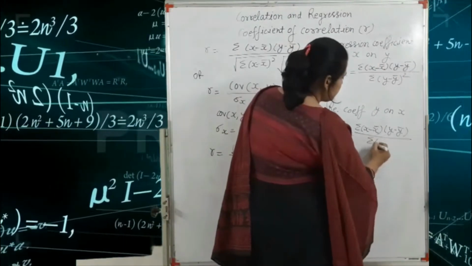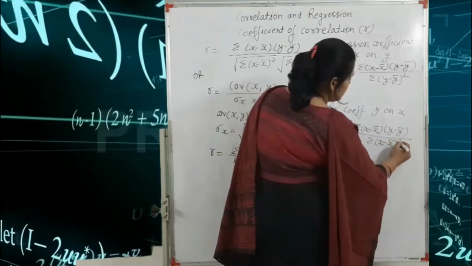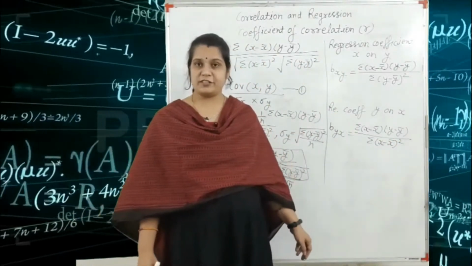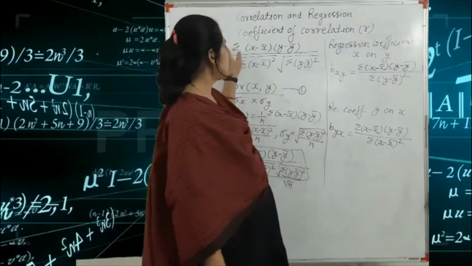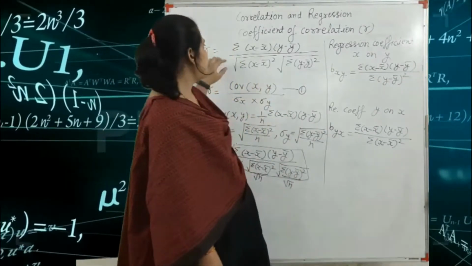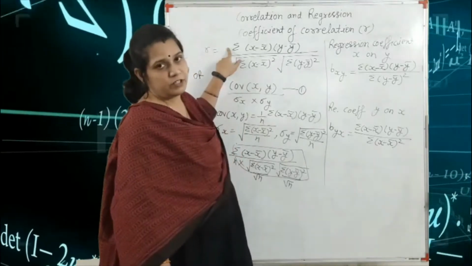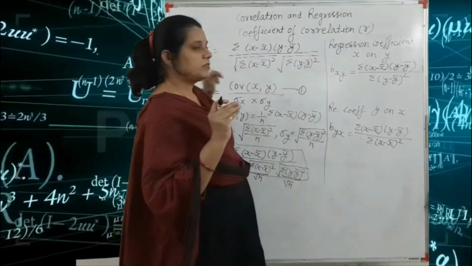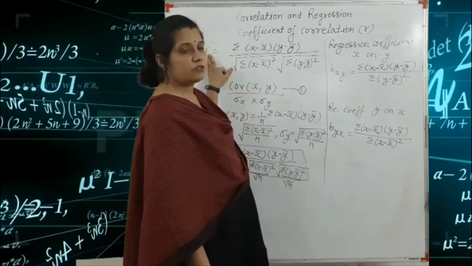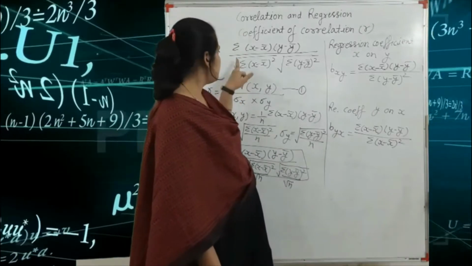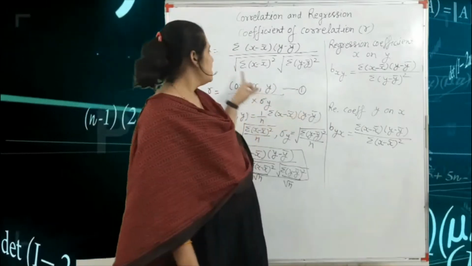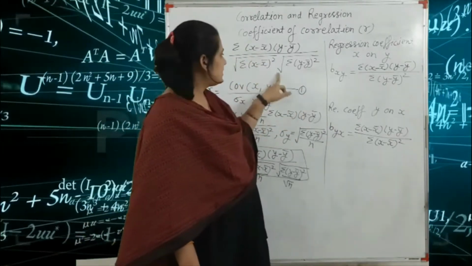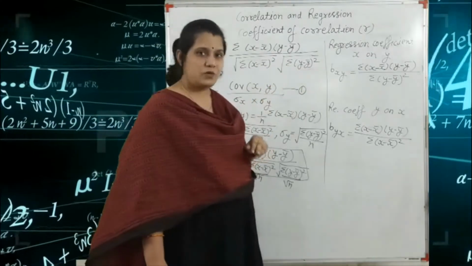So we write here summation (x minus x bar) whole square. Okay, so this is the formula of the regression coefficient. First, always keep in mind you remember this formula of the coefficient of correlation. But one term is very important. In the correlation coefficient, you write here the under root sign, according to summation (x minus x bar) whole square under root summation (y minus y bar) whole square.